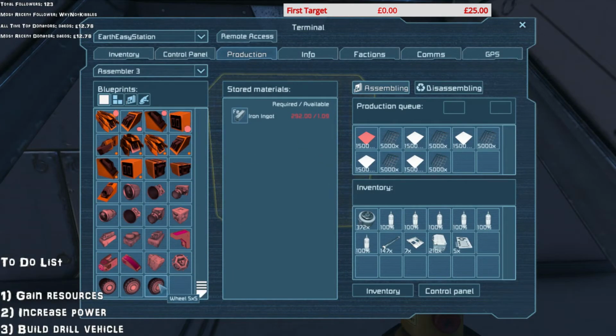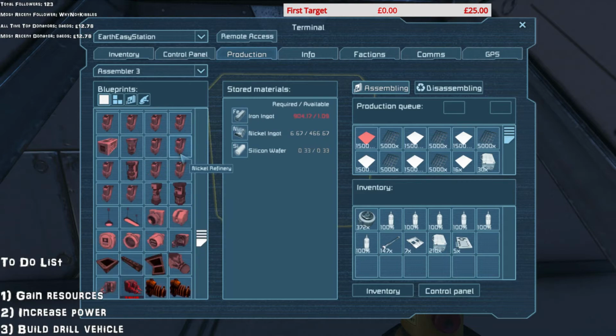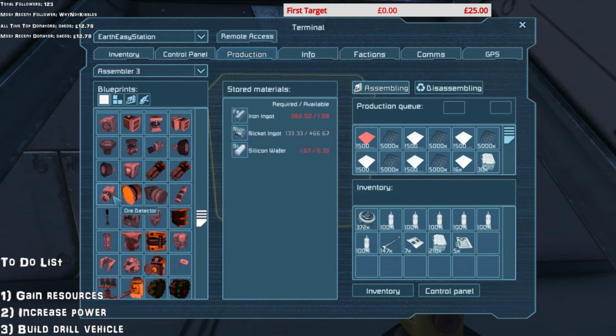Let's see. Some wheels. And then we need the solar panel. Let's go with the default solar panels. And then I need the wheel suspension. Okay, and that should be that. I still don't know what the nanite control factory is. I'll have to find out what that is. Is that like a...